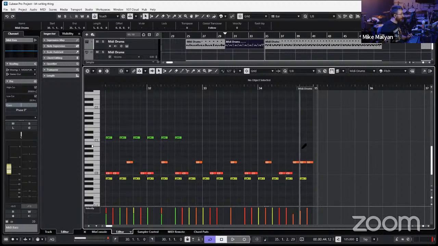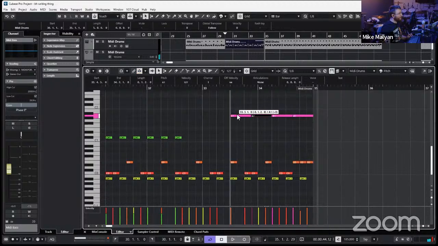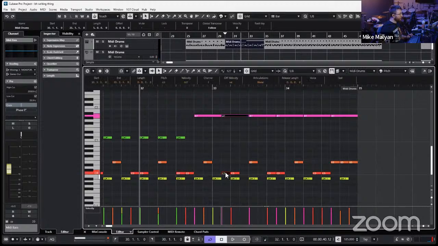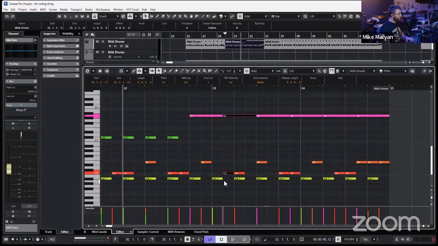So I'll use like an accent symbol like that stack. Oh, that's a splash. Awkward. And then I'll actually just copy them backwards. And then I'll find an accent that allows me to start lined up with a kick like this, for example.